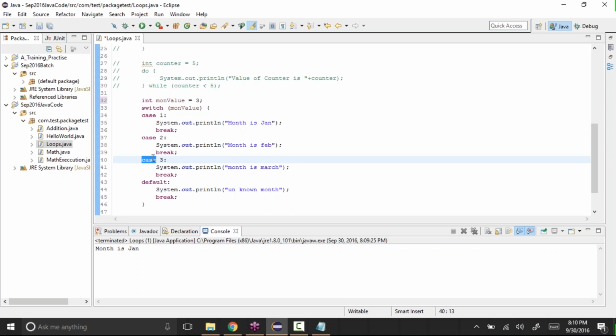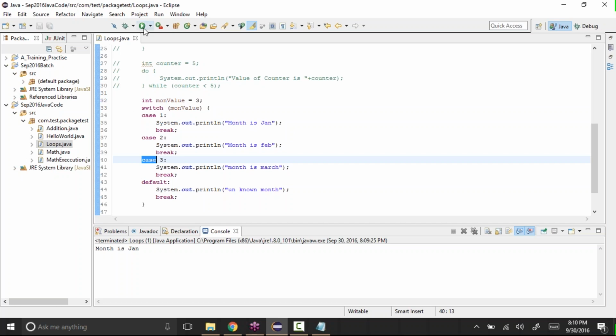So the performance will be very good with the switch case compared to the if loop. In case you have multiple verifications, like if you want to compare multiple values, then it's better to go with the switch case. If it is only one value, then we can go with the if loop. Otherwise it's better to go with the switch case itself.